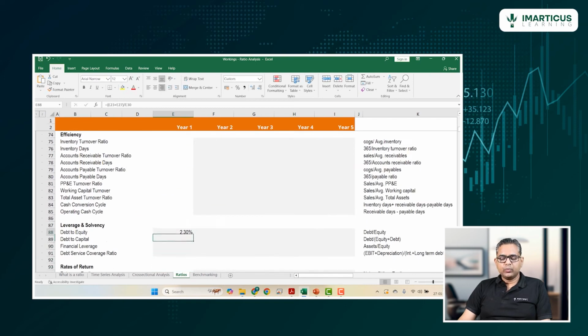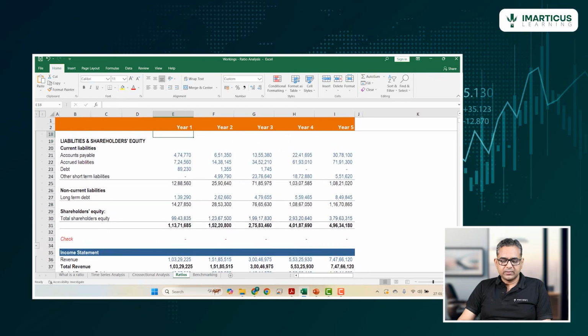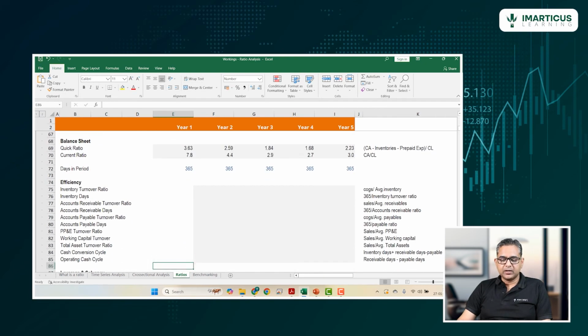So it is only 2.3%. Yeah. So debt is just 2% of the amount of equity. If you see, the debt amount here is 89,139, whereas shareholders' equity is 99,43,835. So equity is a much larger amount as compared to total debt. So this is captured through the debt to equity ratio. We can say